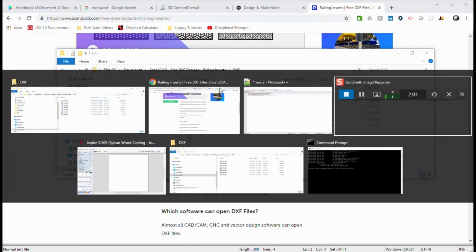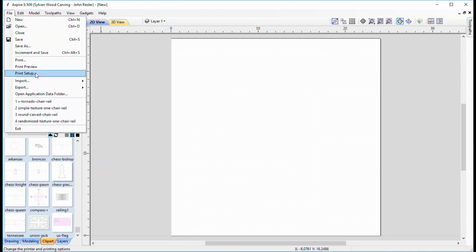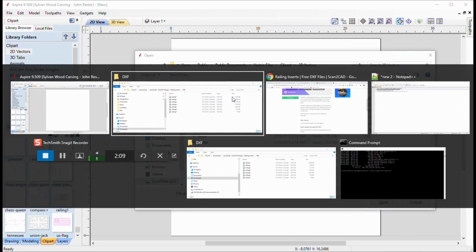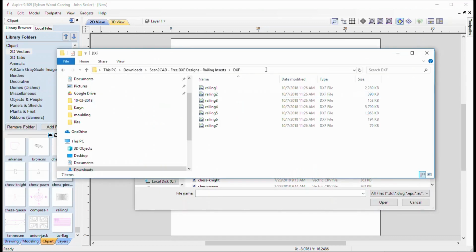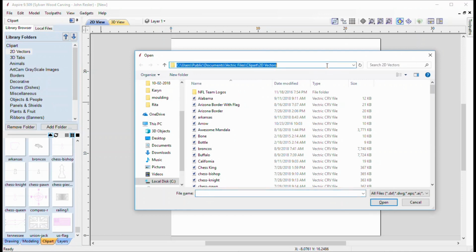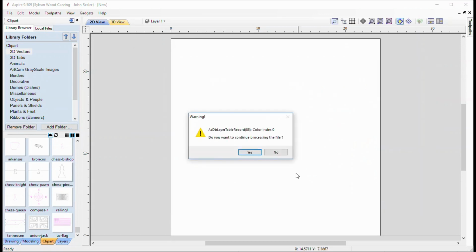So we're going to go back to Aspire now. And we are going to say import vectors. And we're going to import the vectors from this folder right here, and we're going to put it right there. And I already imported Railing 1, so let's import Railing 2.